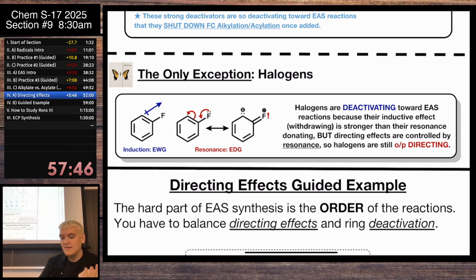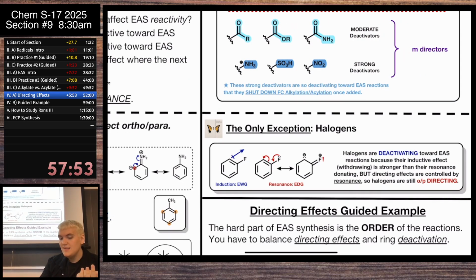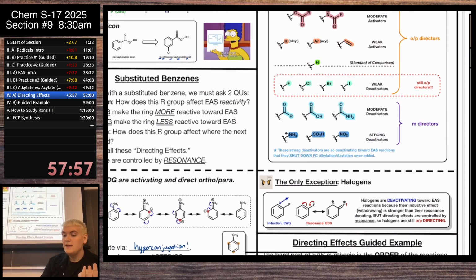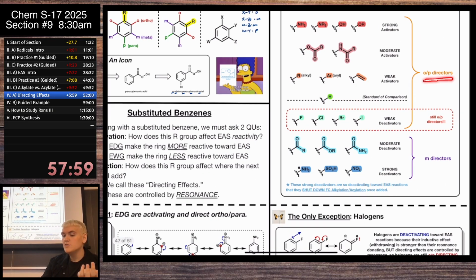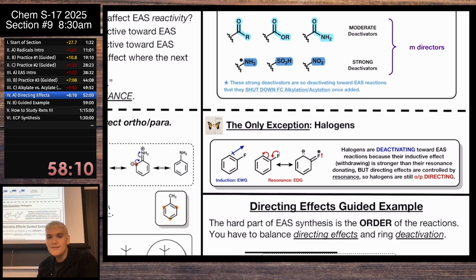And the big thing is, we said that directing effects are controlled by resonance. So because of that, because these are donors via resonance, they are going to be up here ortho-para directing like all the activators. Even though overall their effect, the thing that is stronger is induction withdrawing, deactivating the ring. And so because of that, we say that the halogens, the